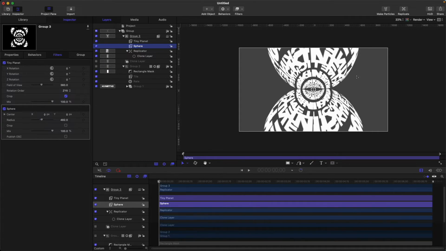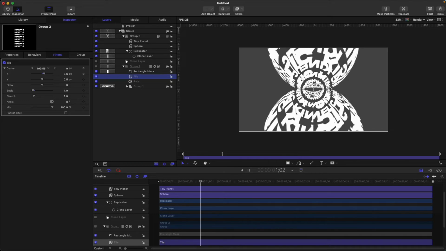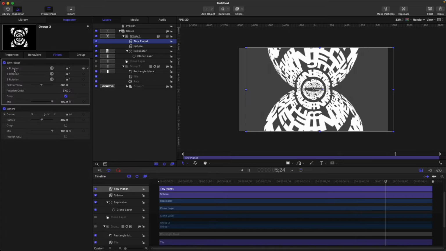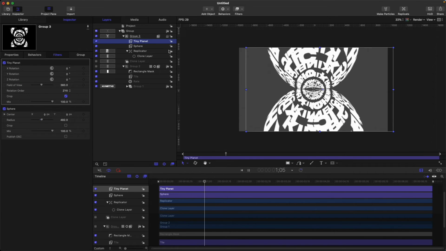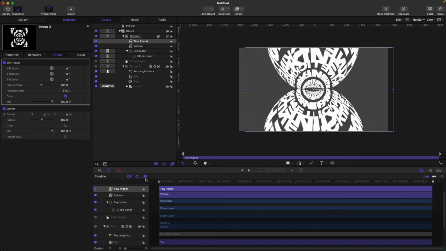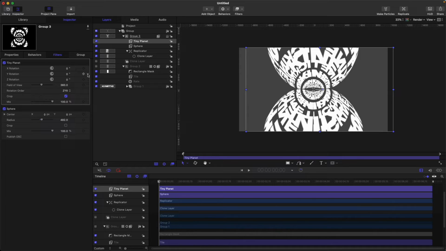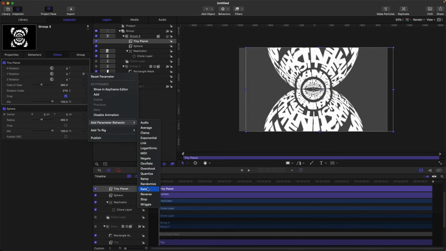And then to animate this, because earlier we already animated the tile so that it moves like this, we can animate the X, Y, Z rotation on our tiny planet. So to do that, let's add another rate behavior in one of each, it depends on you which one you like. So I'm gonna maybe Y, yeah, for Y. So I'm gonna click here on the right side, add parameter behavior rate,